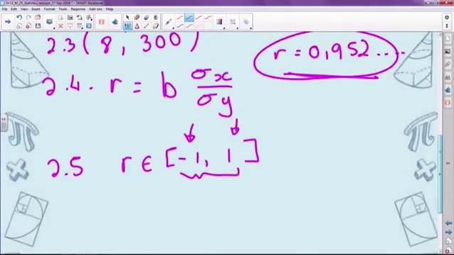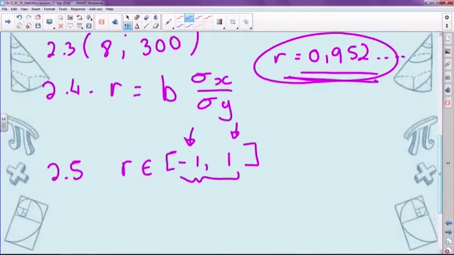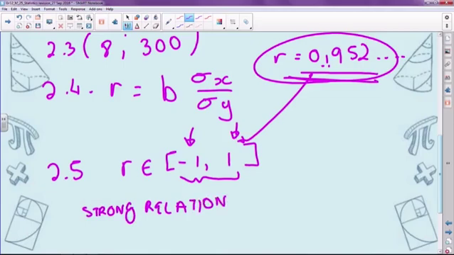Now, when R is equal to 0,952, that value is very close to the +1 value. So that tells me there is a strong positive relationship